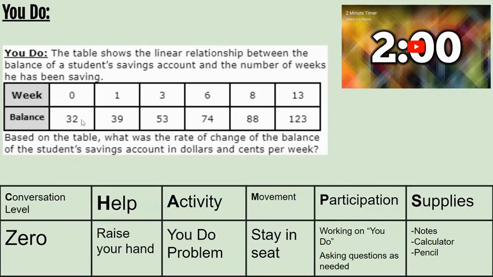All right, so the table shows the linear relationship between the balance of a student's savings account and the number of weeks he has been saving. Based on the table, what is the rate of change? So another word for rate of change is slope of the student savings account in dollars and cents. So here, every time